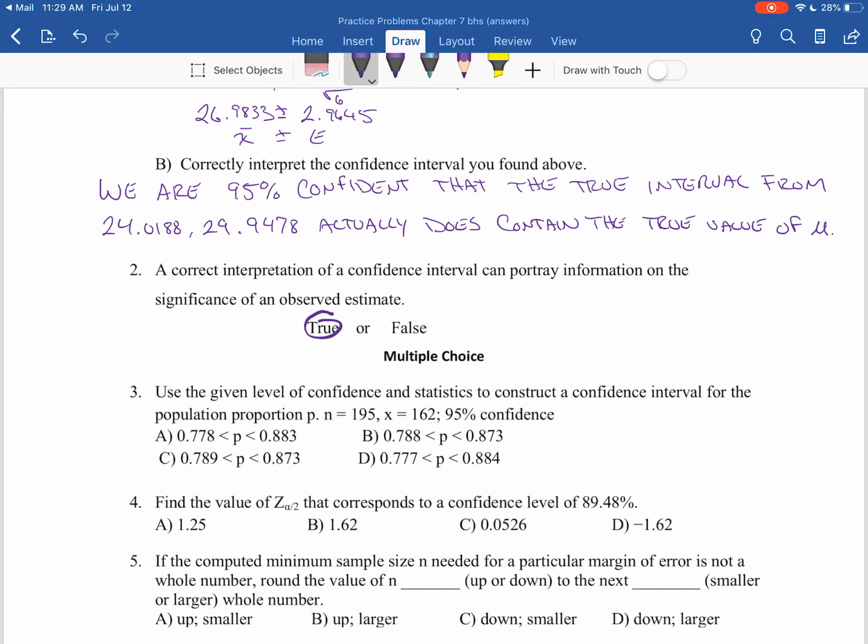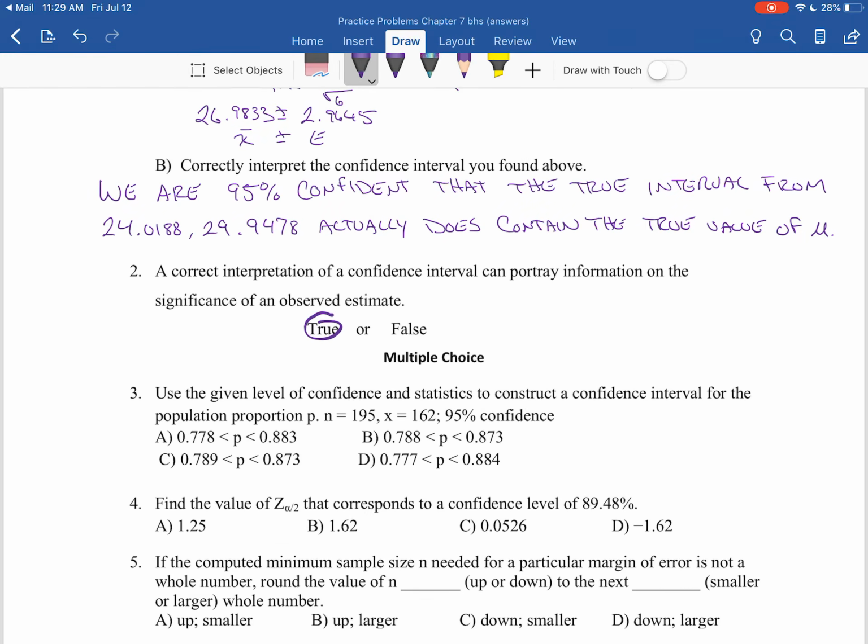Now, number 3 here, we're given the confidence in statistics to construct a confidence interval for our population proportion. This is going to take a little bit of room to write out. So our p hat plus or minus e, and when we are looking here, we have an n, x, and 95%. We can construct our p hat to being